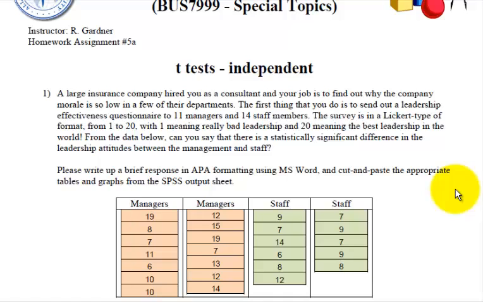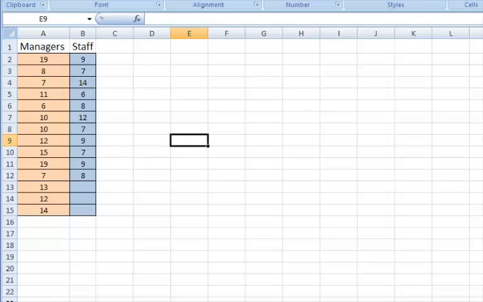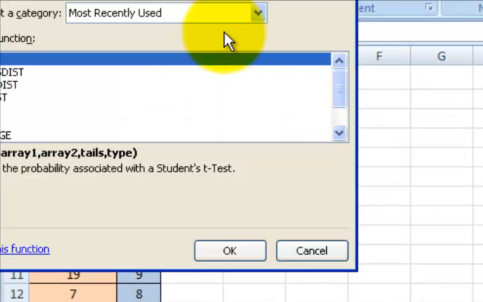Hello everybody, I'm just going to show you real quick, quick being the key word here, how I do these problems. So first thing, I always put all the data in a MS Excel spreadsheet. I just like Excel. It is very easy to use for a lot of these things. So there's the data. I'm going to pick a cell, any cell. I'm going to go to the function bar